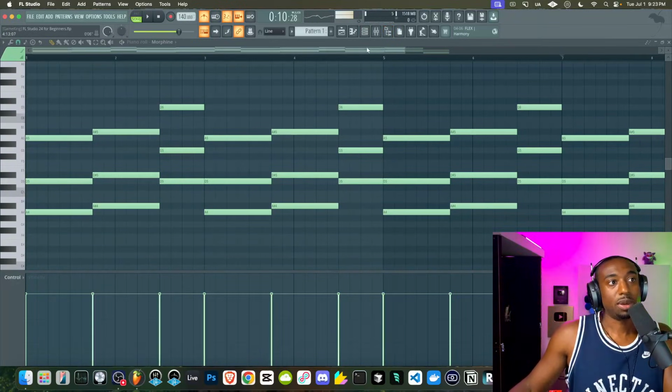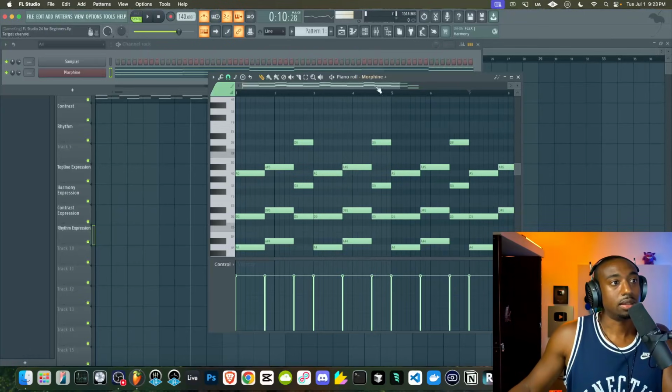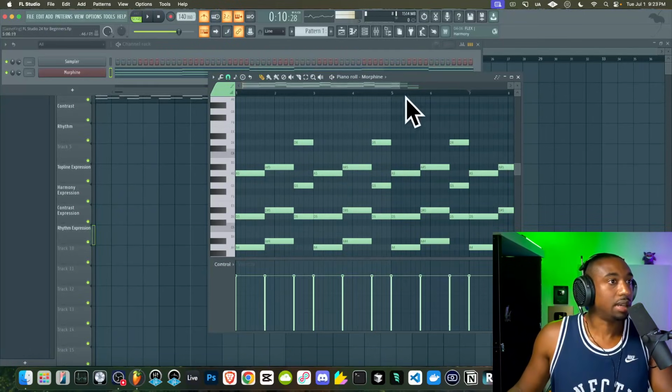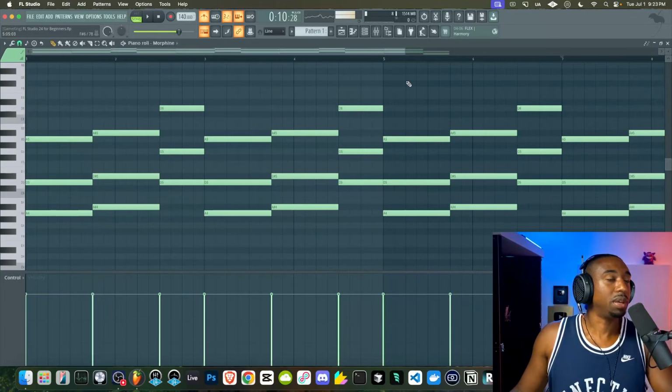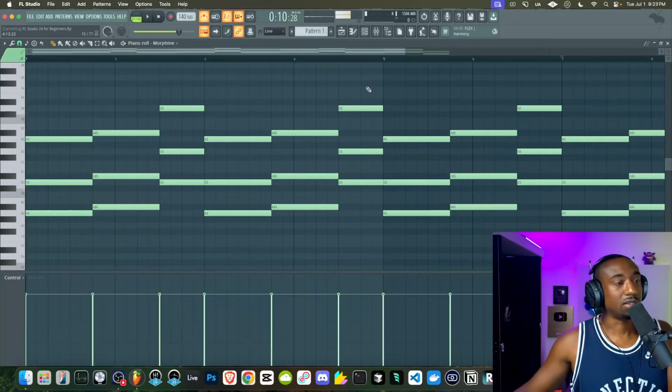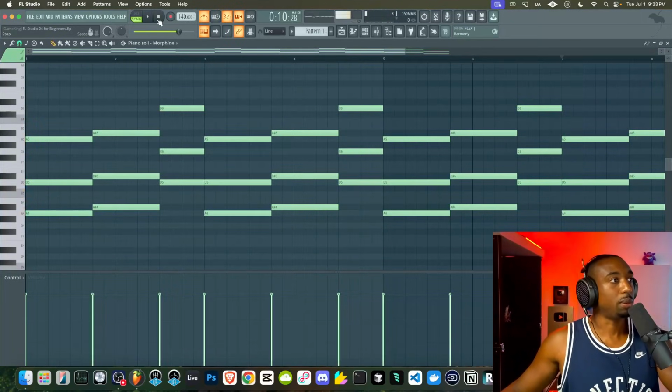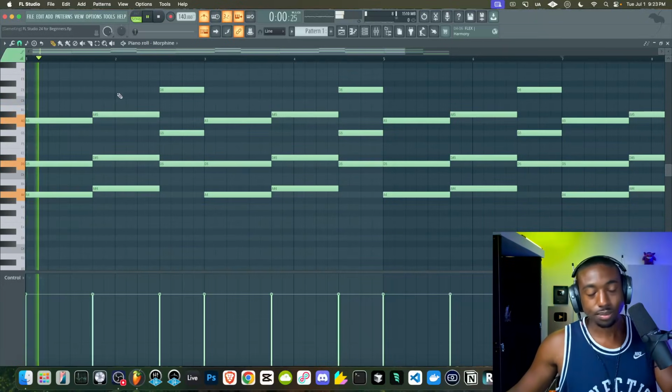So notice how I'm in the piano roll, it's full screen. There's no way you guys can make melodies in this tiny screen. So anytime I'm in the piano roll, I'm gonna double click the edge to make this full screen. Okay, let's go all the way back. Hit stop twice to go all the way back.